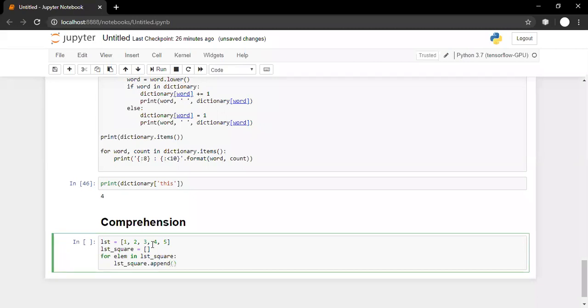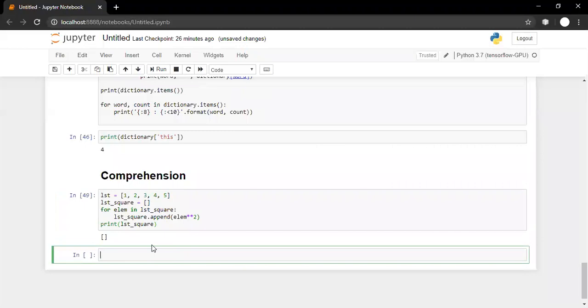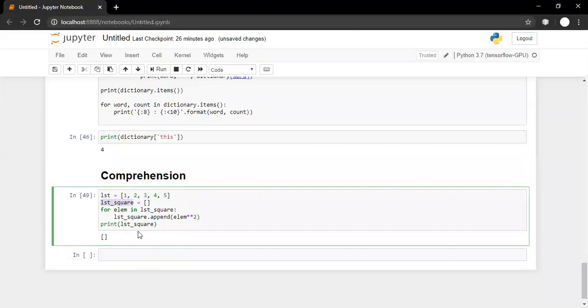Initially the list is empty. We are appending elements to the list, that is, we are adding the elements to the list. And what are we adding? We are adding the square of every element to this list. And then we are printing lst_square. Sorry, big mistake.